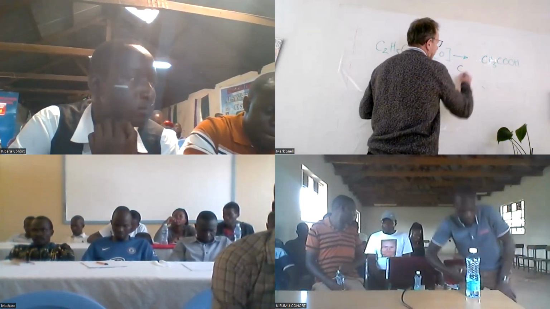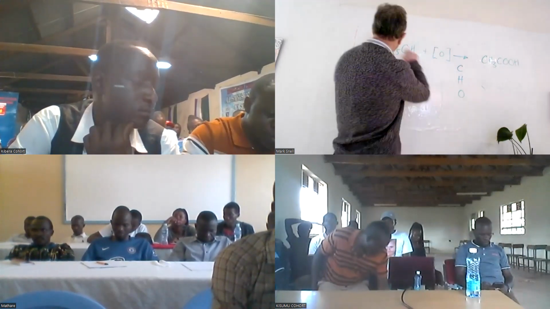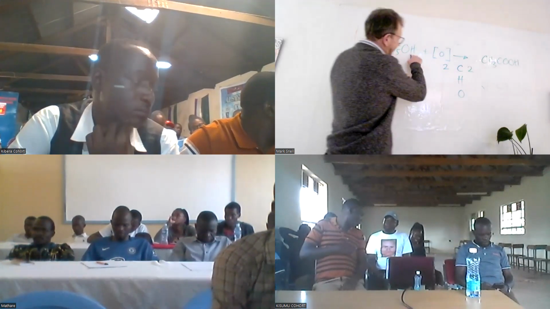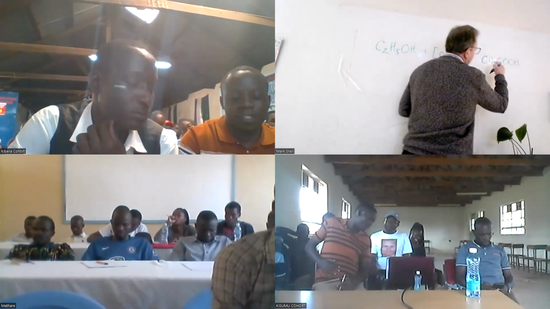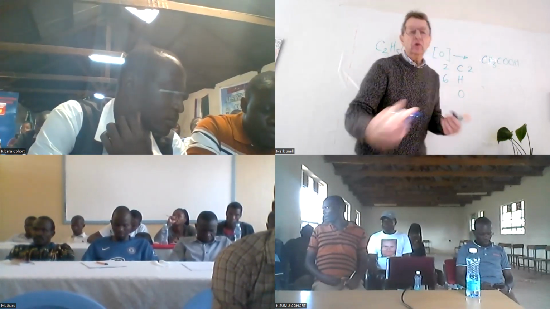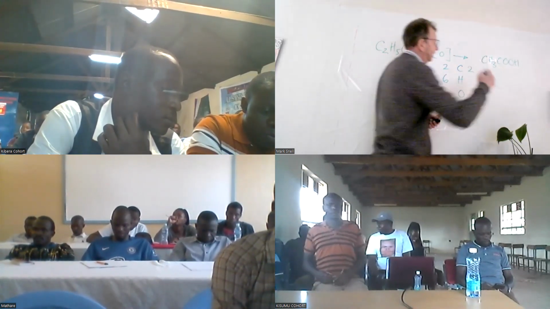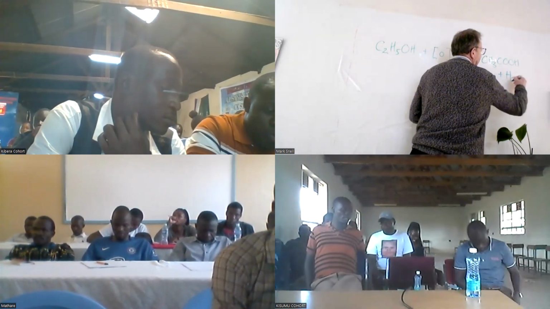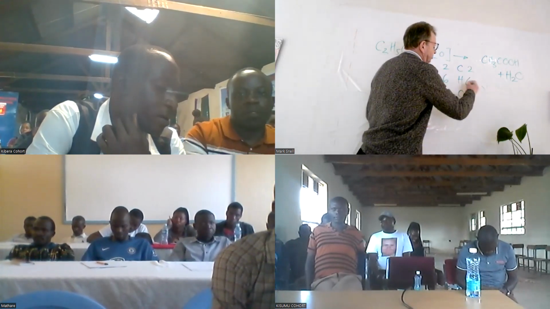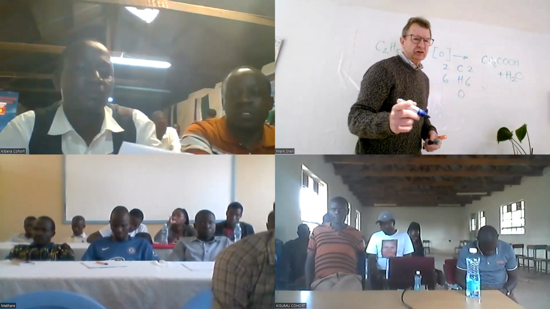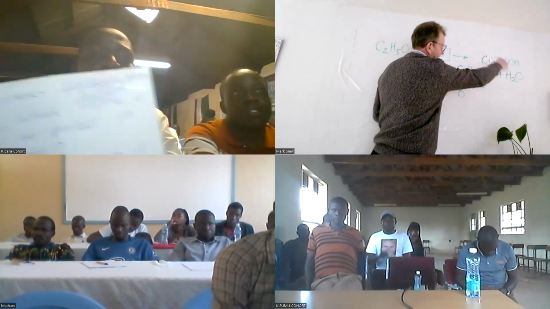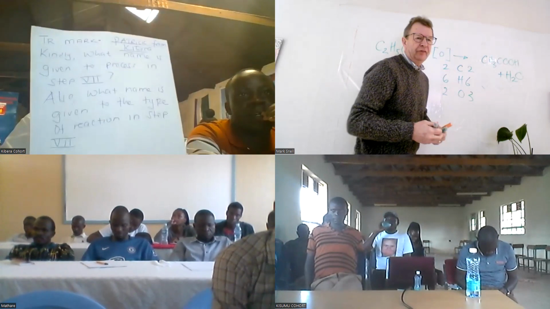So I go carbon, hydrogen, oxygen: 2 carbons, 2 carbons, 6 hydrogens, 3, 4. And then automatically I go, I must have produced something else, and there's something else. If it's an oxidation, it will be water. So now I've got 6. But look at my oxygens. At the moment, I've got 1 here, that's 2, and 3 there. And this is where,